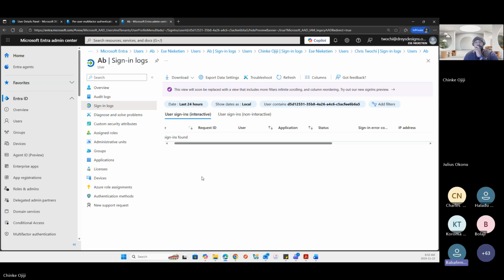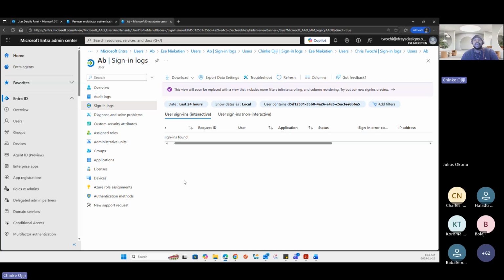But in a situation whereby an employee is working remotely, and during working hours, the threat actor is using the same employee's login ID in the same region where the employee is expected to be, how do you detect such threats? So the fact that it's in the same region as the employee.